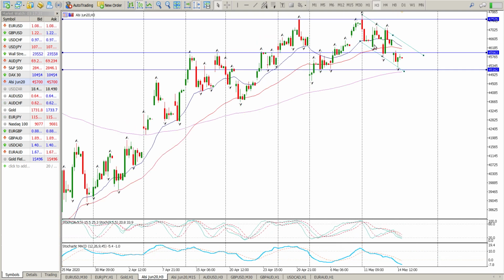So I think these two levels here are pretty much the areas you need to pay attention to. So to the downside is 45,162. You're looking for buying opportunities there, and then you should be looking for selling opportunities at 47,526. Until we break out of this range, I think that's pretty much the norm. So for today,